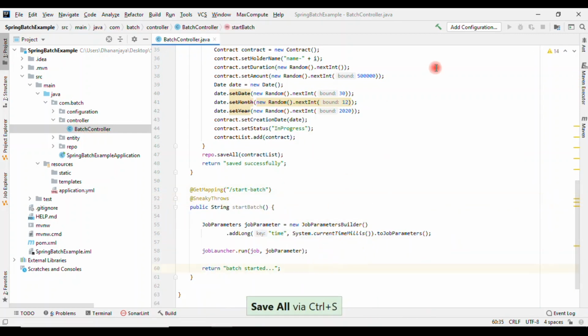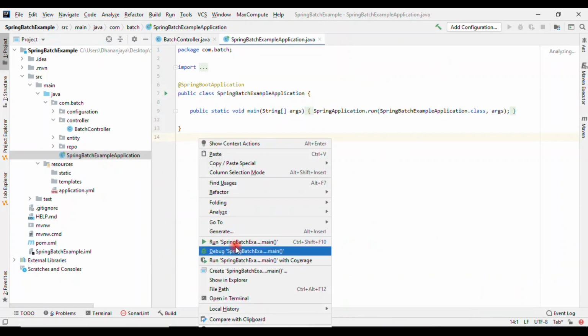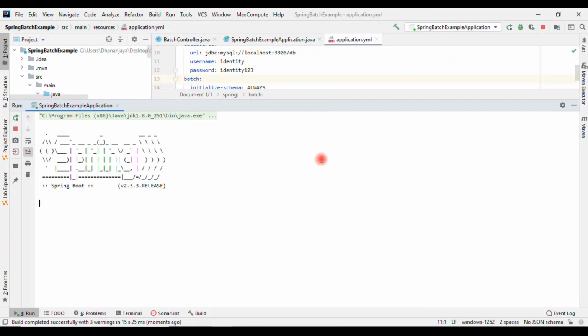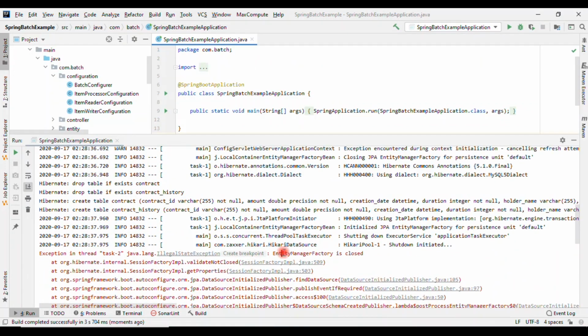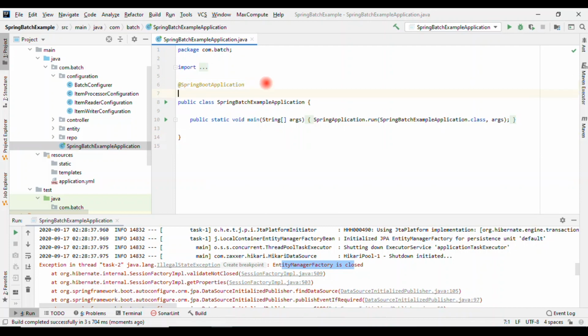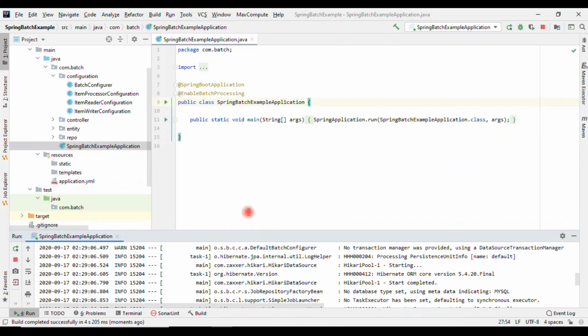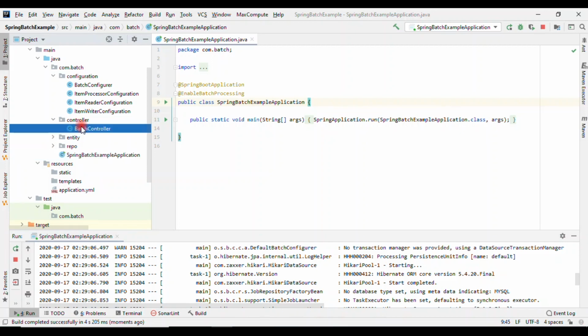So let's start the application and we'll see whether we are able to do the batch operation or not. The application is getting up. We are getting some error message, so we need to annotate this with @EnableBatchProcessing. Yeah, application started now. So let me hit the insert endpoint first.